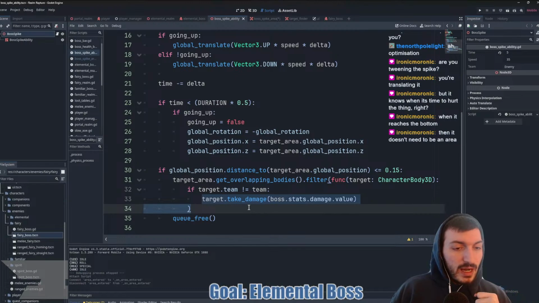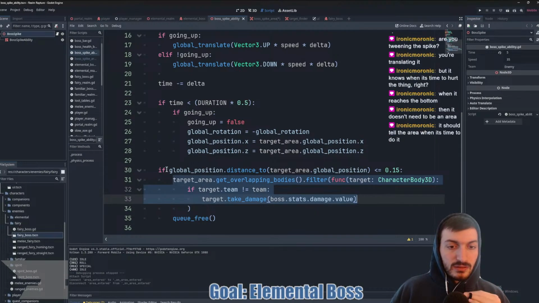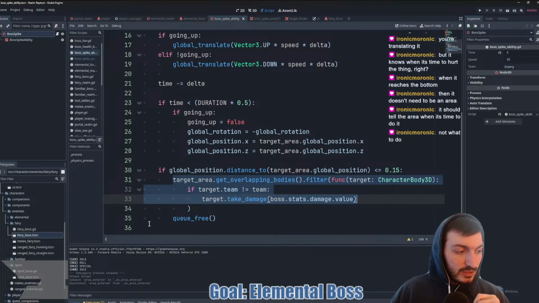But like you said, I don't think the spike should be telling the area to do this. I think the area should be doing this on its own. And then we can just say, if the global position is there, then it queue frees itself.